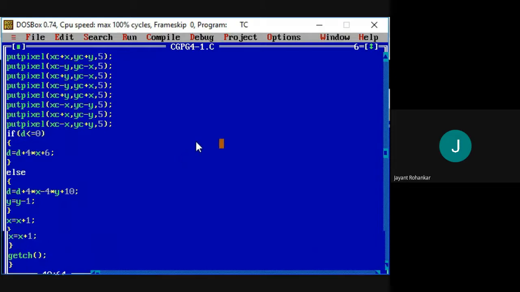Now we will see the output of this program. First of all, we will compile this program and check whether there is any error or not. To draw a circle, we require a radius and the center of the circle.